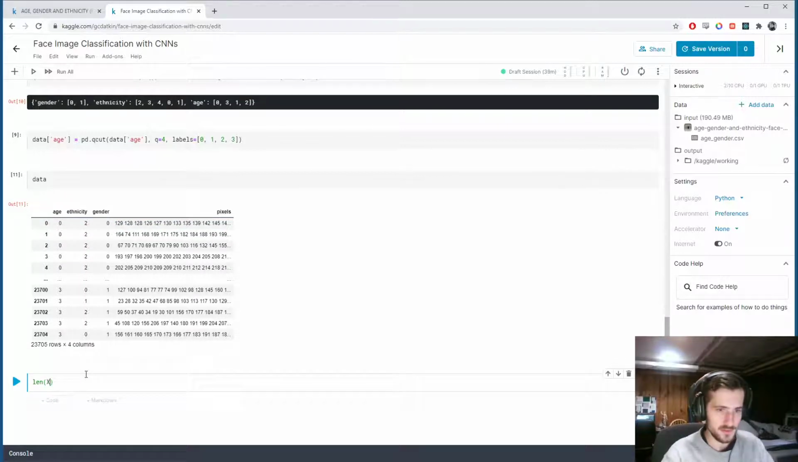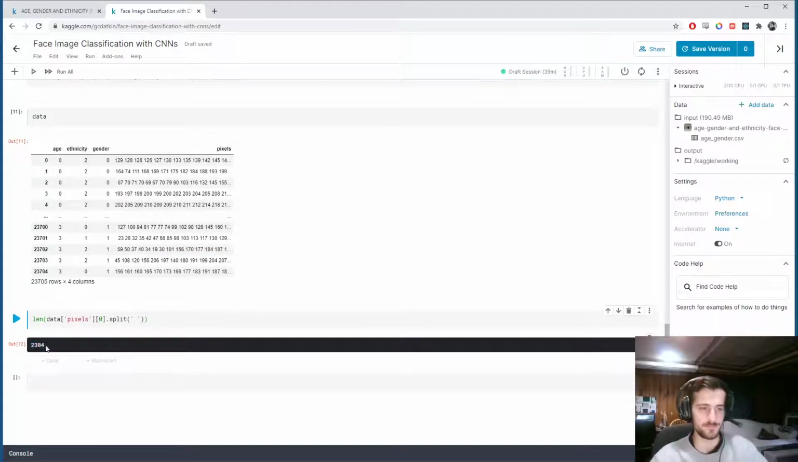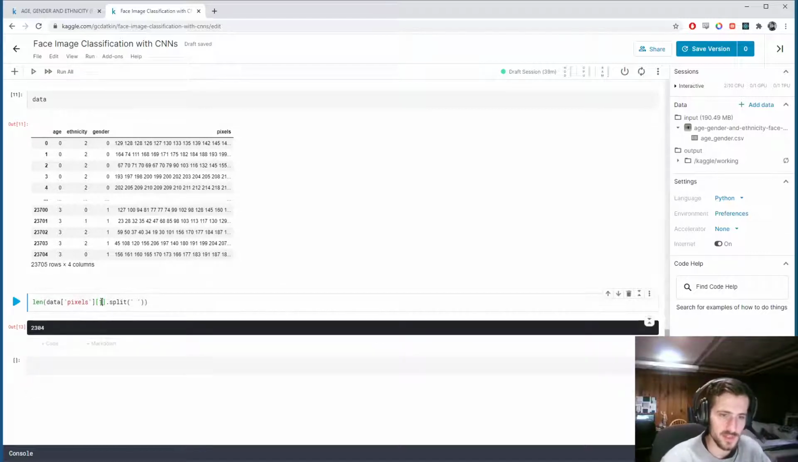So let's get the length of data pixels of the first one dot split. So we're going to split on spaces. And this will give us the number of unique pixel values in the first element. And there's 2,304. So just to make sure that's the case for the other ones, yeah, it looks like they all have 2,304 pixels. And if this is a square image, let's hope it is,